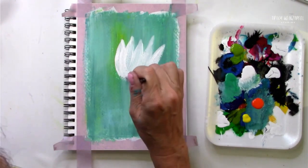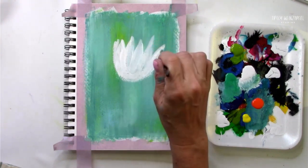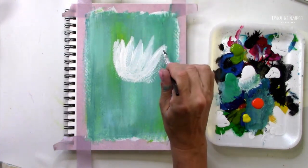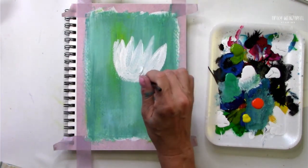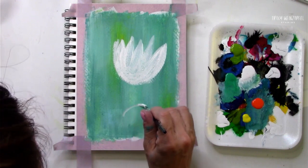We'll figure out where everything goes. I think it needs to be wider. Like my bum. A little bit. Ooh, I think that's a little too wide. Uh-oh. Oh, well. You know what? Just go with it. It is what it is. We'll go that way. We'll go that way. And then...